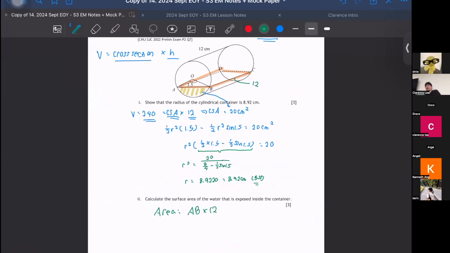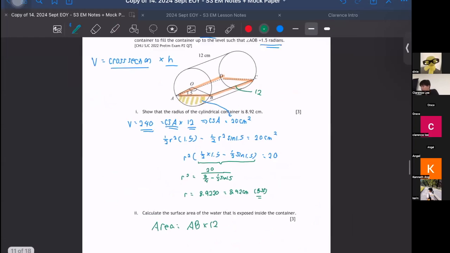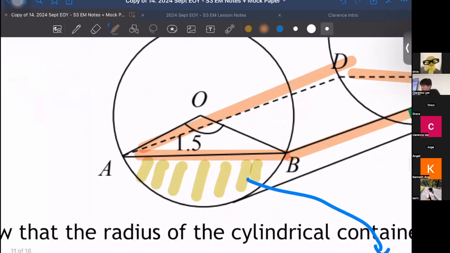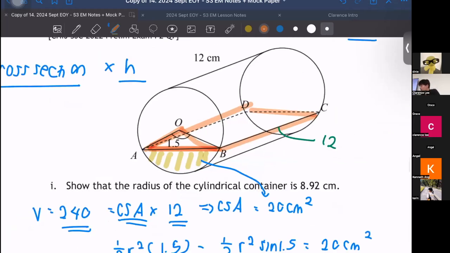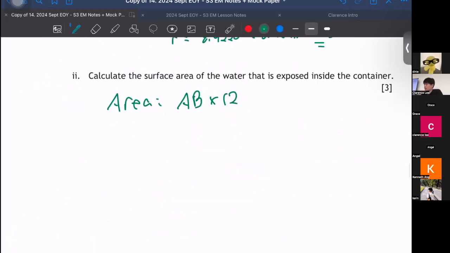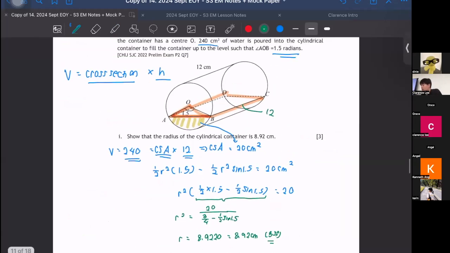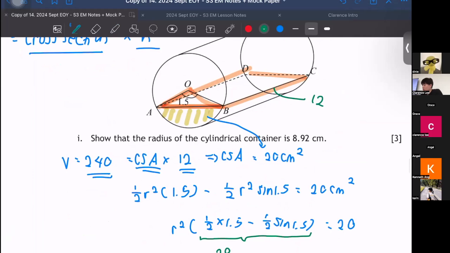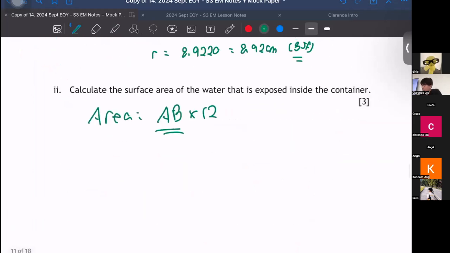Can somebody tell me what kind of triangle am I working with? Right angle or non-right angle? This triangle over here. Is it a right angle triangle? No, right? So non-right angle triangle, what can I use? Half AB sine C, sine rule or cosine rule. Only these three things. But now the question wants me to find the length AB. So to find length AB, you must use your cosine rule because you know my radius is 8.92. You know my angle in between is 1.5. You can find the length AB. Can? Okay. So therefore, to find AB,